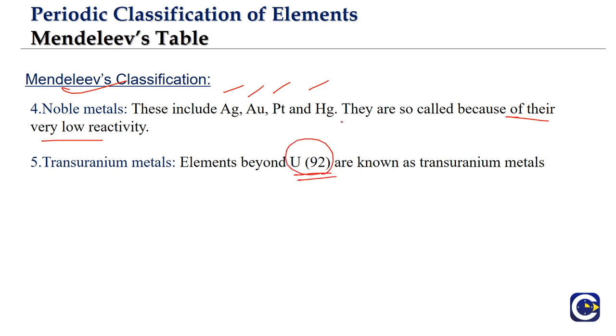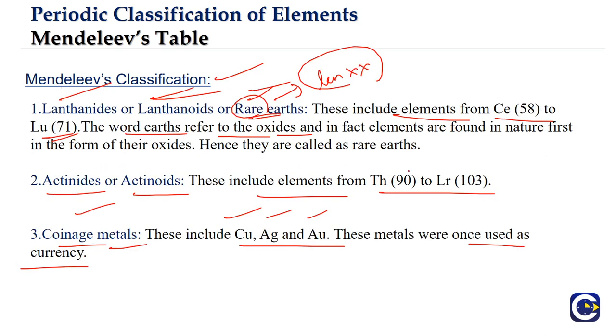Then the elements that will come after uranium. So we're talking about the atomic number here. Even in the previous discussion, cerium to lutetium, the numbers that are represented are atomic numbers. We have to keep in mind that during the time of the Mendeleev table discussion, the concept of atomic numbers had not yet seen the light of day. But we are looking at these atomic numbers because next we are going to look at the modern periodic table. That's why we are bringing in the concept of atomic numbers.